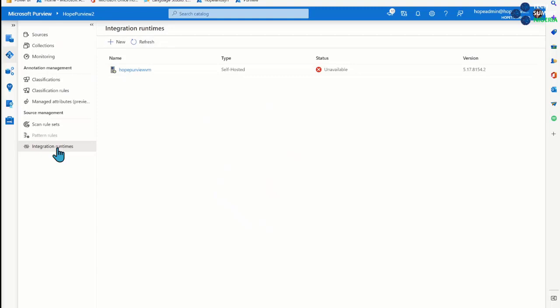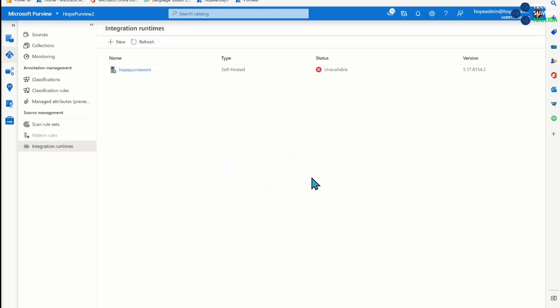So this one is not turned on. I won't be able to scan anything, but you can see this is where you would set that up. First, you're going to install something close to your machine. If you're familiar with Power BI and the on-premises data gateway, it's a very similar product. Do not install those things on the same machines. The code base is very similar and they can tromp on each other. So set up your self-hosted integration runtime, and that's going to be that private outbound-only connectivity to be able to talk to Azure from your on-prem SQL and get that data from your on-prem SQL server.